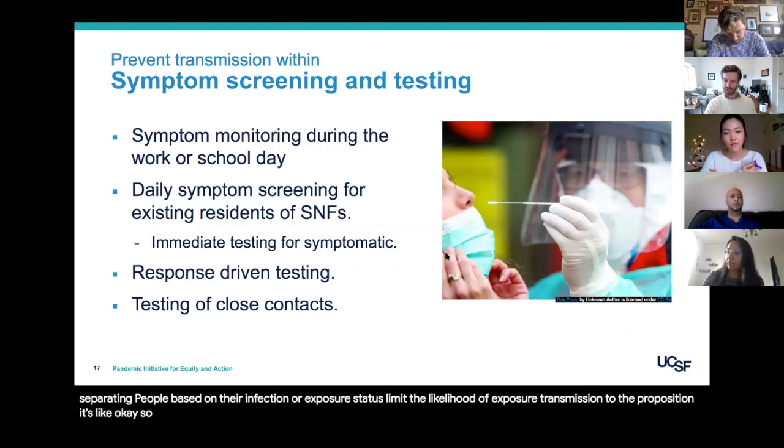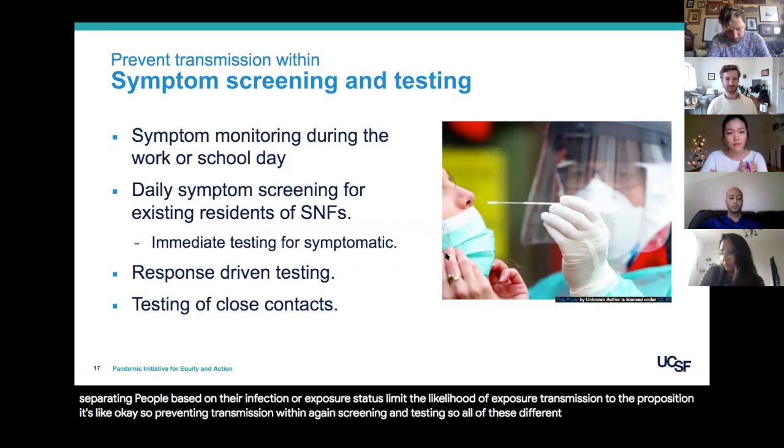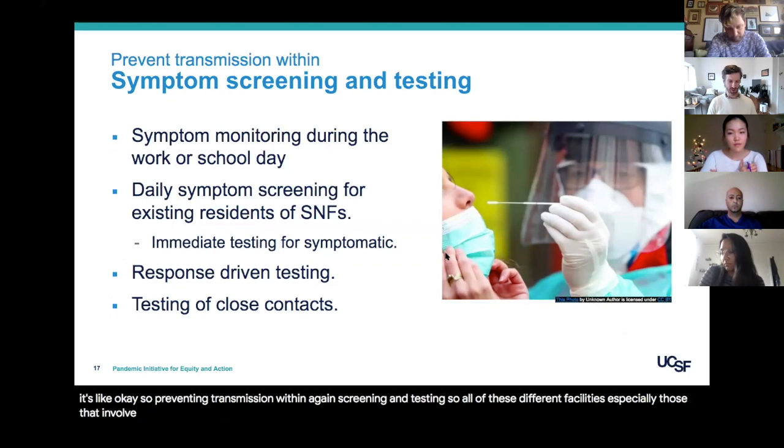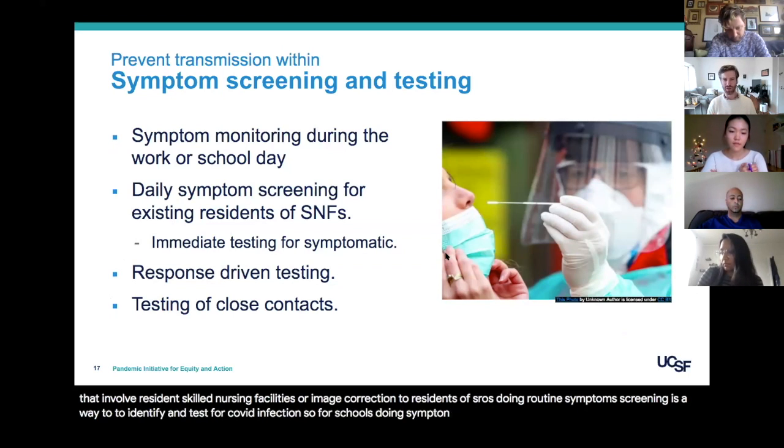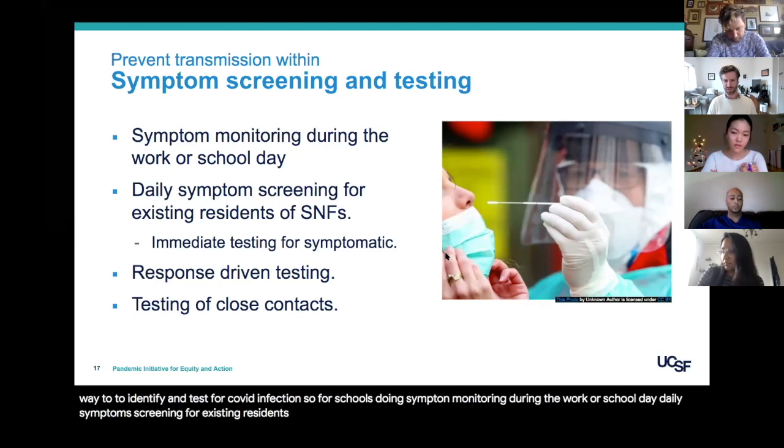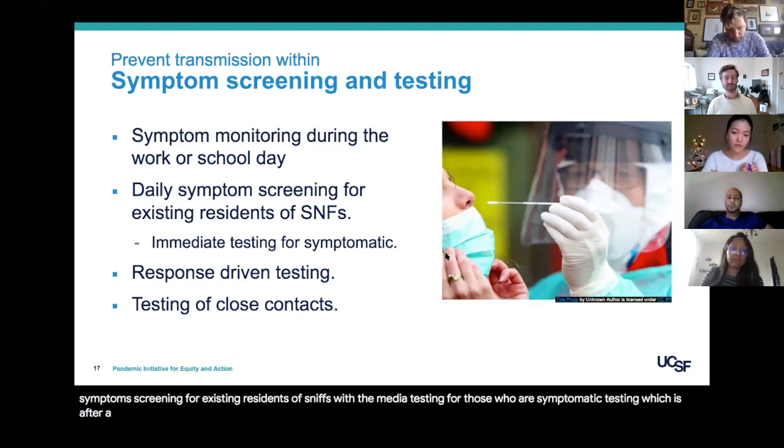Okay, so preventing transmission within facilities, again, involves screening and testing. All of these different facilities, especially those that involve residents, skilled nursing facilities, inmates in corrections, or residents of SROs, doing routine symptom screening is a way to identify and test for COVID infections. So for schools, doing symptom monitoring during the work or school day, daily symptom screening for existing residents of SNFs with immediate testing for those who are symptomatic,